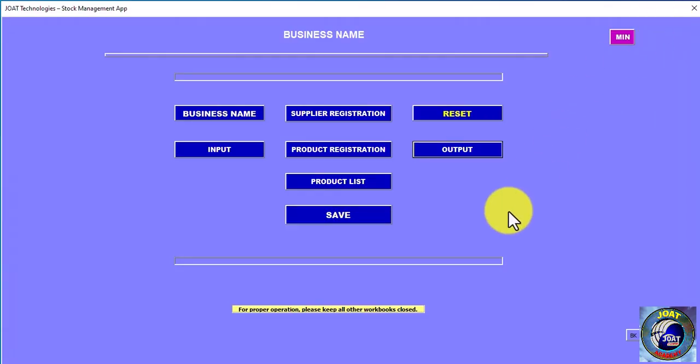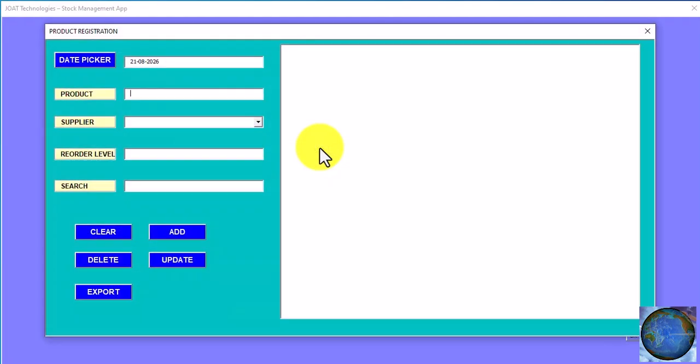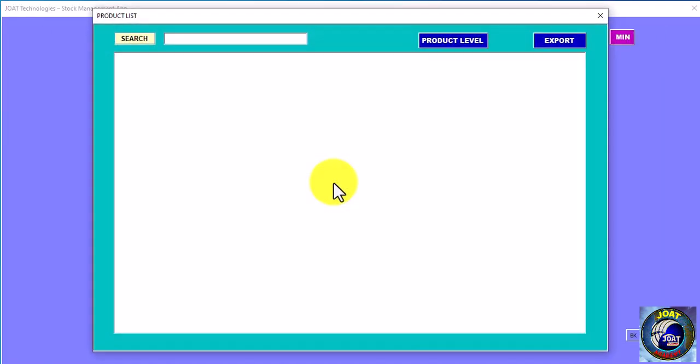The Supplier Registration button opens a section where you can register your suppliers. These are the individuals or companies from whom you purchase your goods. The Product Registration button opens a section where you can register the products that your business sells or manages. The Product List button opens a section where you can view all the products and suppliers that have been registered